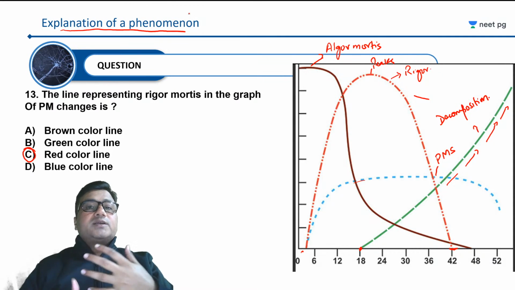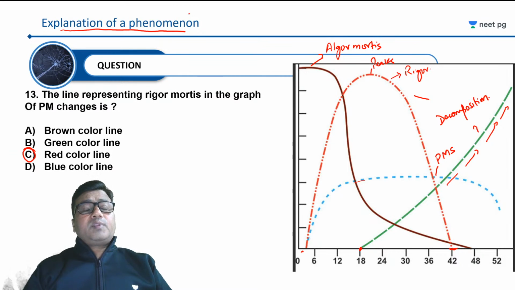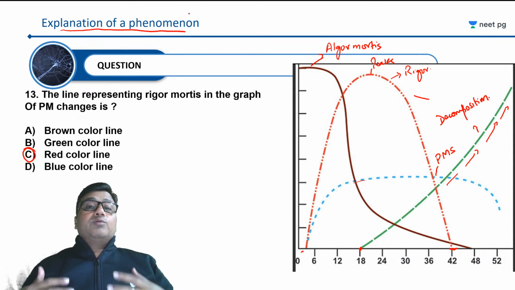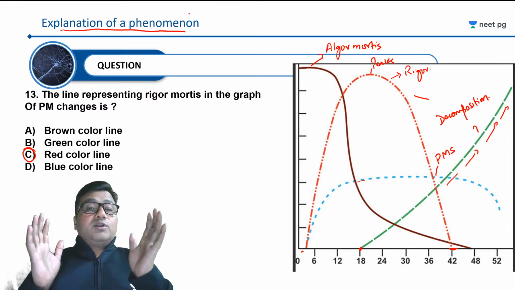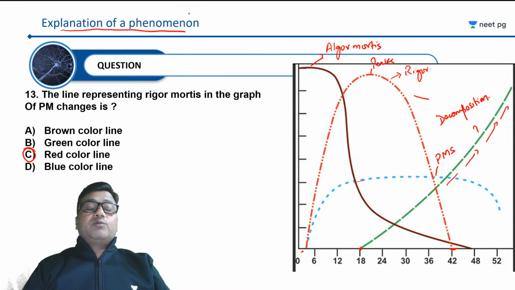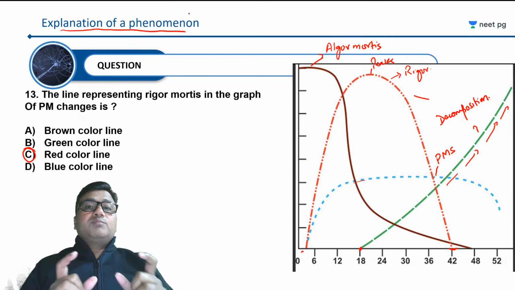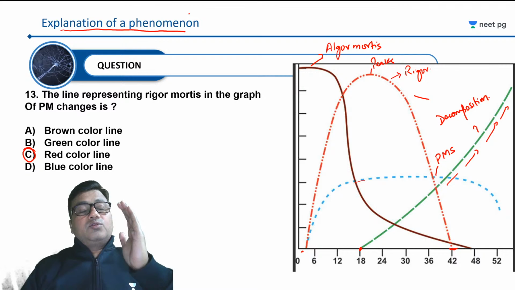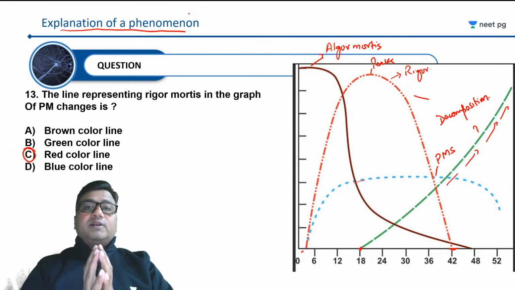So the information can be asked in a variety of ways, and we need to practice these questions time and again, so that even if we have good information, to the best of our knowledge, we must not consume a lot of time in answering a question whose setup is a little difficult. Because in an examination we need not only to answer the question correctly, we have to answer it correctly in the smallest possible time. And the students who are able to answer the question correctly in the smallest possible time,